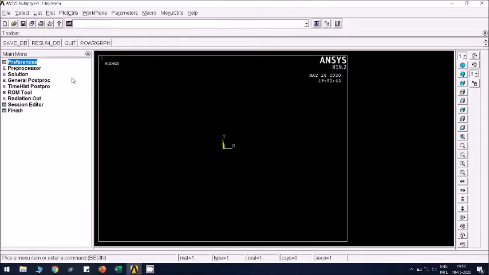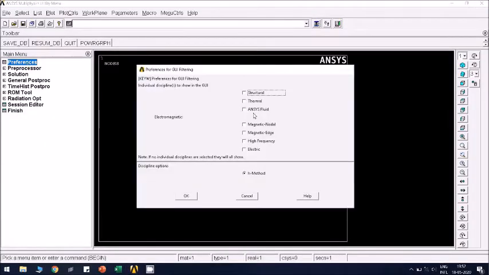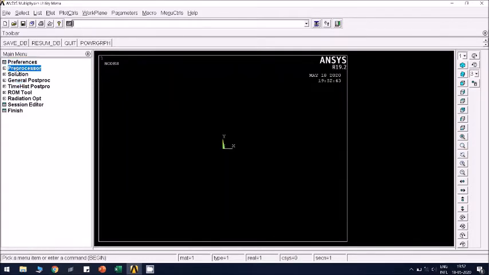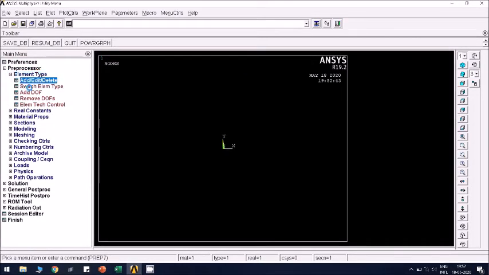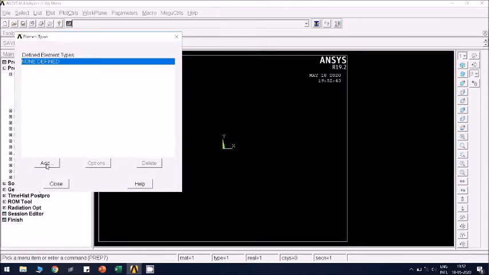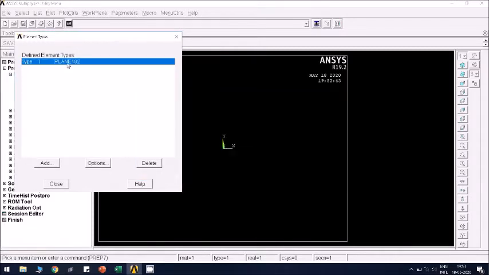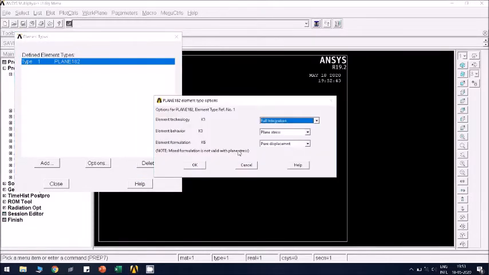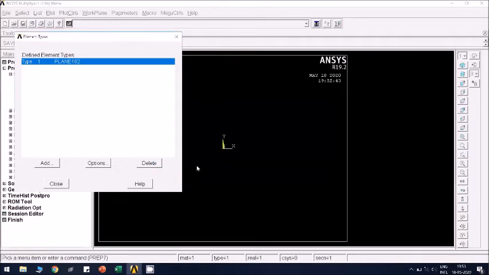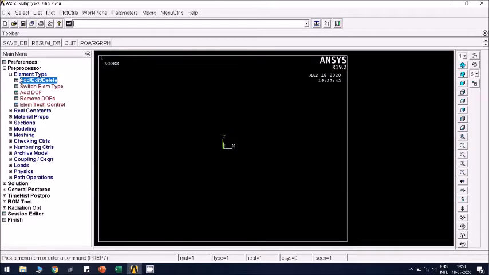First I will use free mesh for this problem. Preferences, structural, OK. Select the element type, add, solid, the first element Plane 182, select that. As soon as it gets selected, go to options, change element behavior to plane stress with thickness, click OK, close.